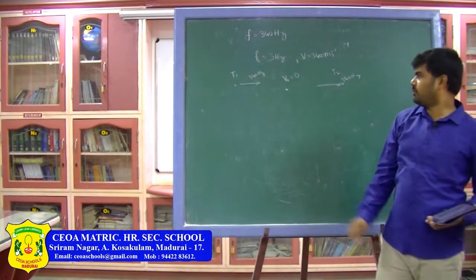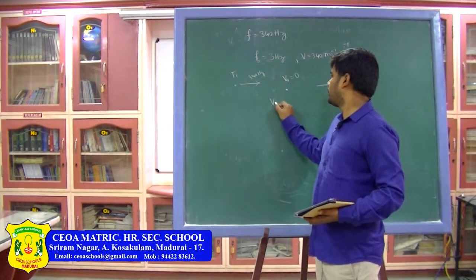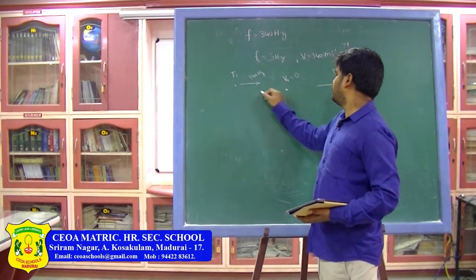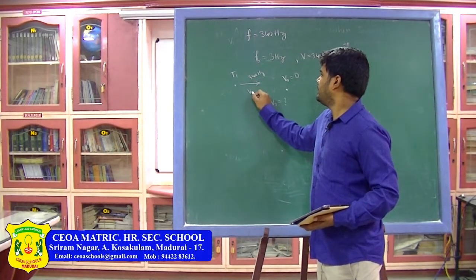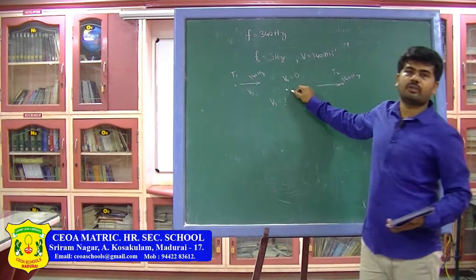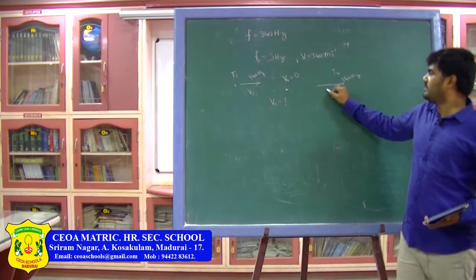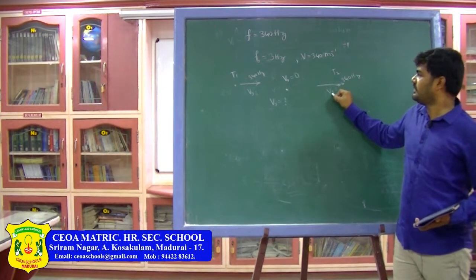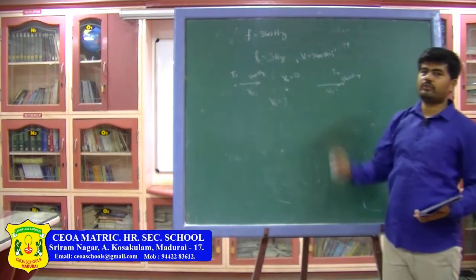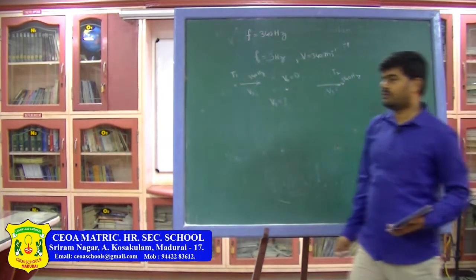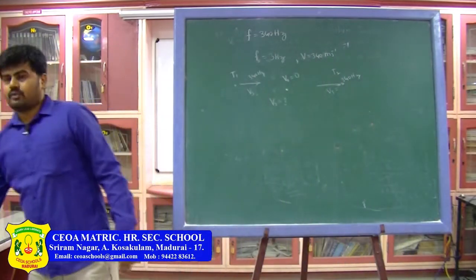That is the question. That means here we have to find the Vs value. Remember, both the tuning forks are moving with the same speed. One is moving towards the observer, the other one is moving away from the observer with the same speed. So, we have to find this Vs value, that is the speed of the source. Now, let us do this problem. It is related to beats.